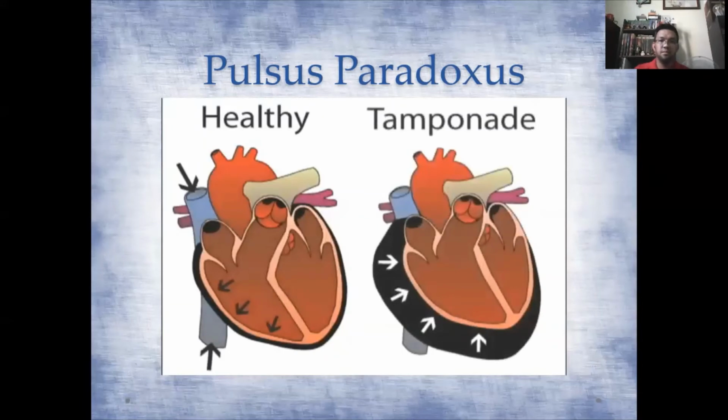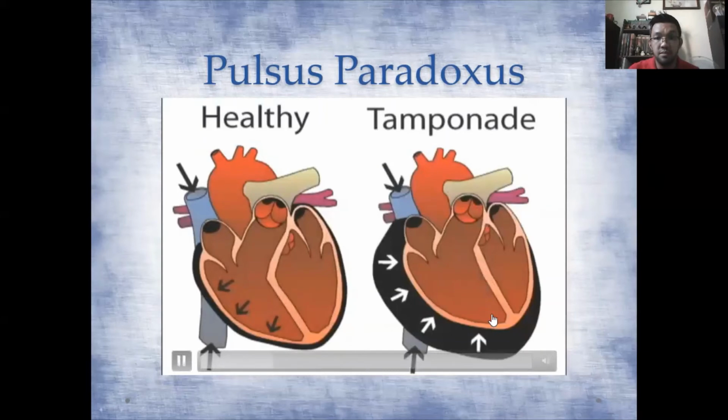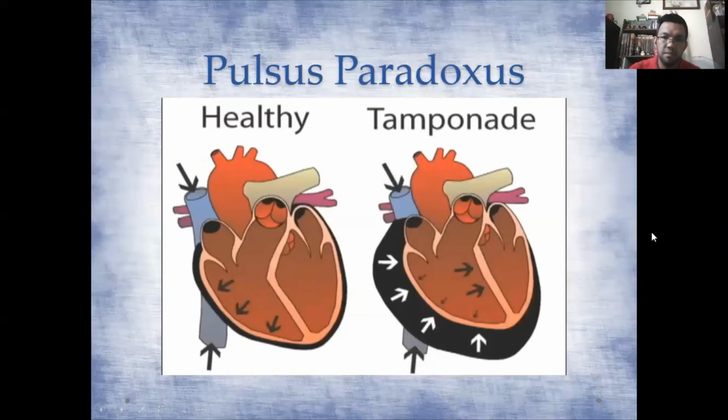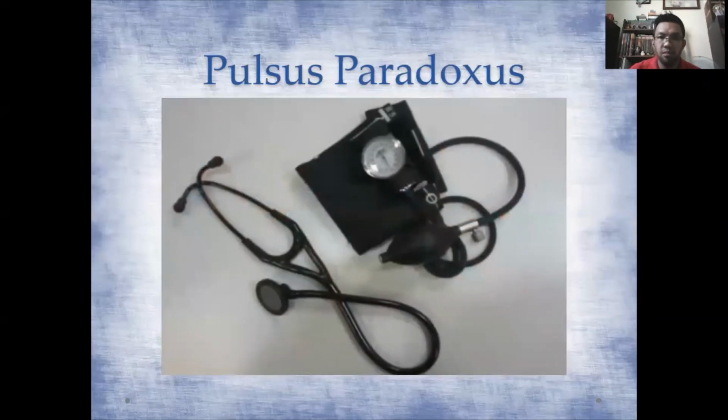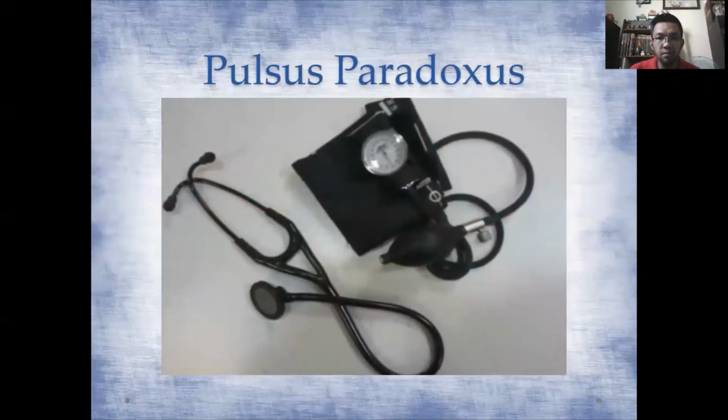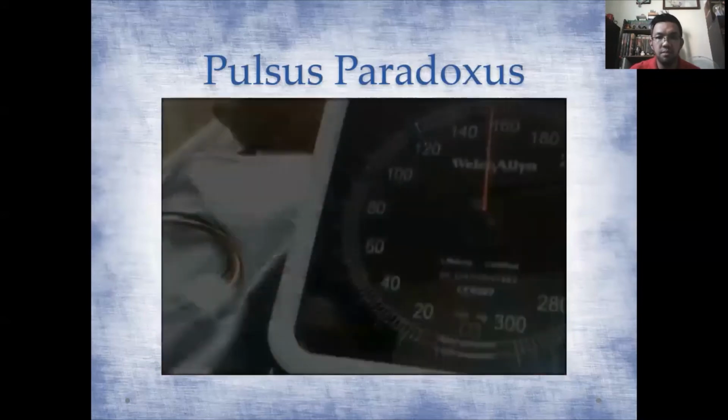However, in tamponade, the increase in blood flow and pressure on the right ventricle during inspiration cannot be transmitted to the right ventricular wall, and is in turn transmitted to the ventricular septum. This in turn leads to a decrease in left ventricular filling, which causes a decrease in stroke volume and a much lower systolic blood pressure. To measure pulsus paradoxus, all you need is a stethoscope and a blood pressure cuff. To test for pulsus paradoxus, slowly look for the first Korotkoff sound that will appear, then disappear during inspiration.